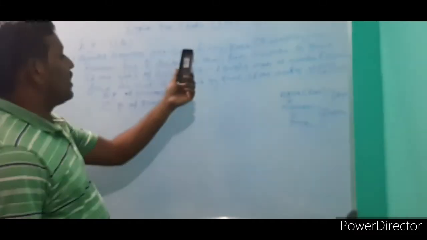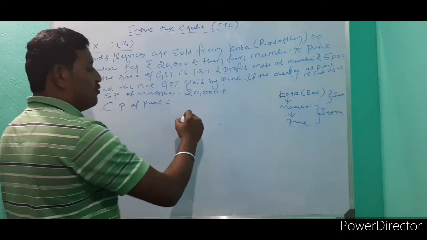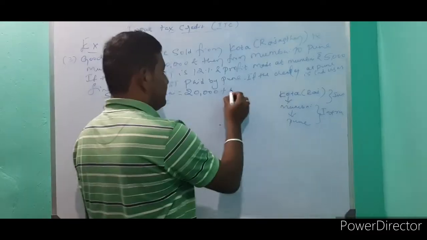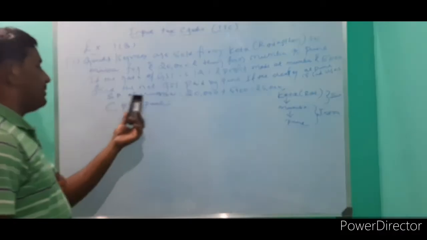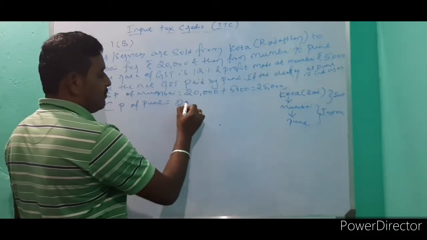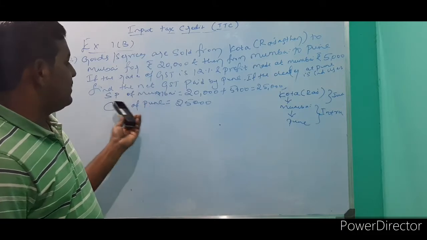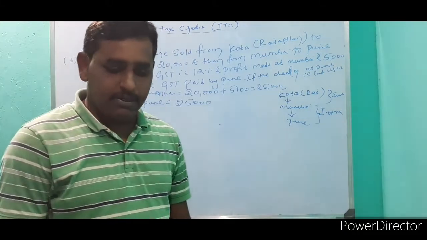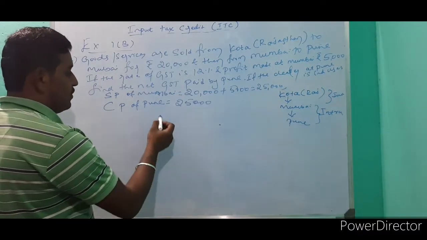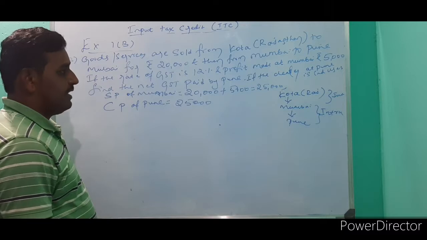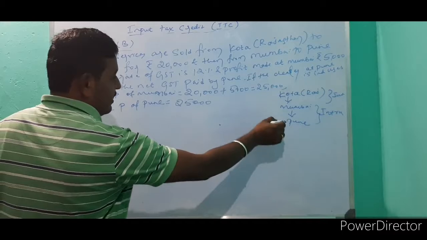So Kota to Mumbai, how much they are selling? 20,000. After selling, Mumbai wants to make profit of 5,000. That is 25,000. This is selling price of Mumbai. What is the cost price of Pune? That is 25,000. This is selling price of Mumbai means cost price of Pune is 25,000. We have to find now Mumbai to Pune. So we have to find net GST at Pune. So net GST how to find? So these two are intrastate means